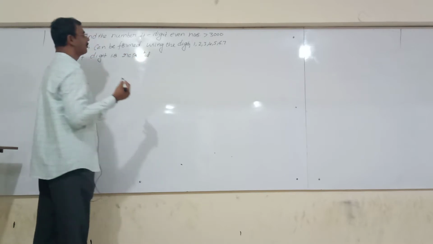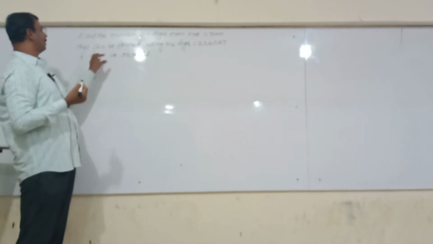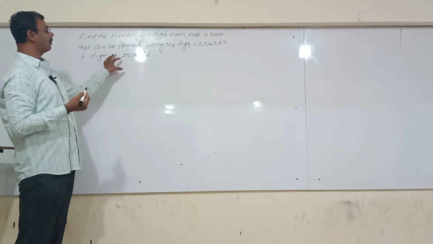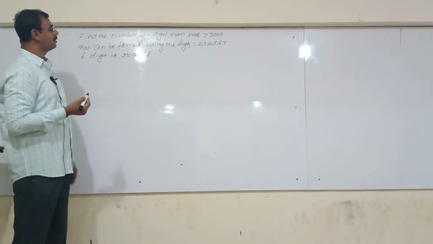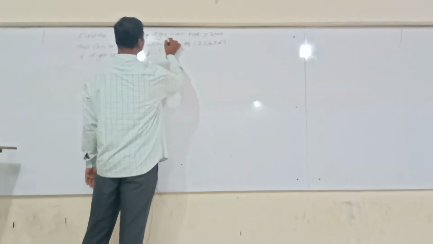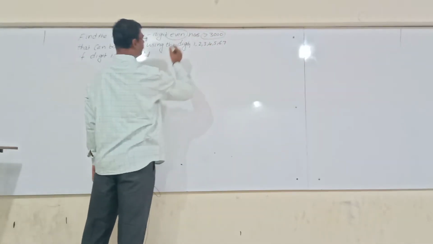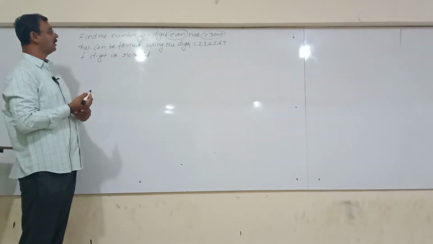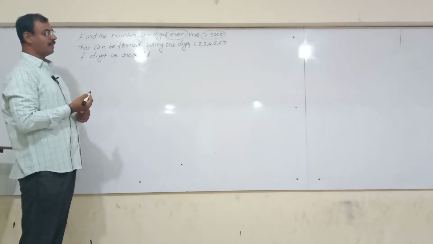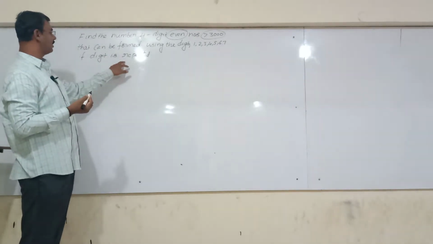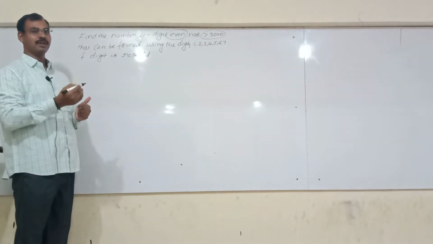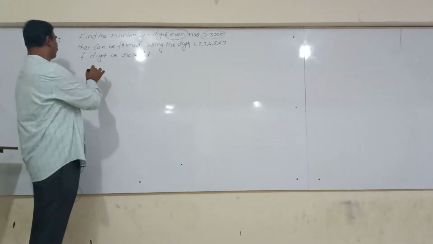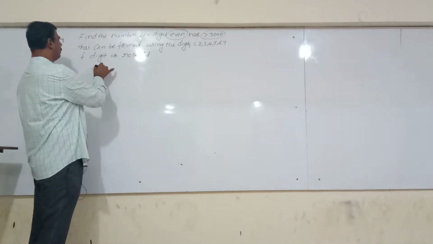So this problem, in the last class, if digit is not repeated, in that case we have done break into cases, because there are two primary conditions: one is even number and one is greater than 3000. But here digit is repeated, so we reuse the same number. In this case no need to break into cases, so directly we have to solve this problem.